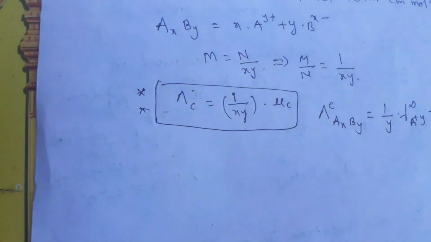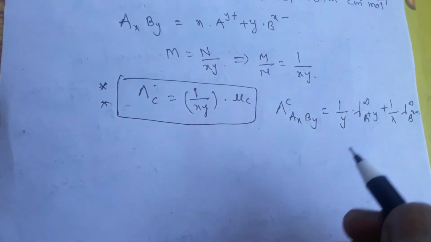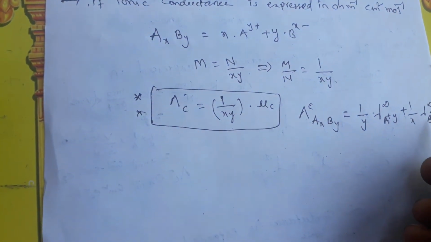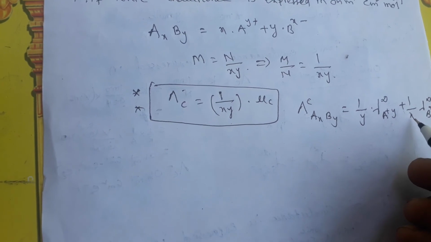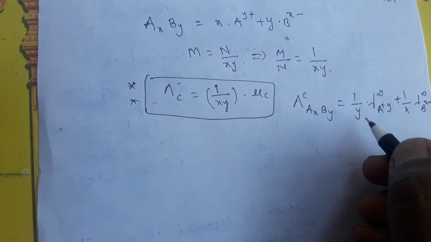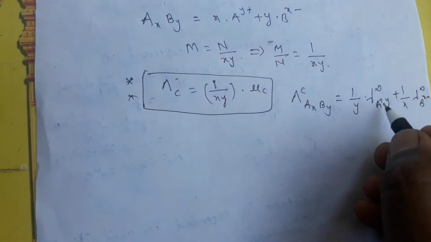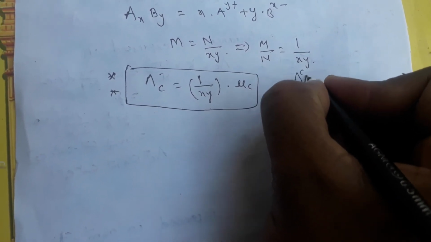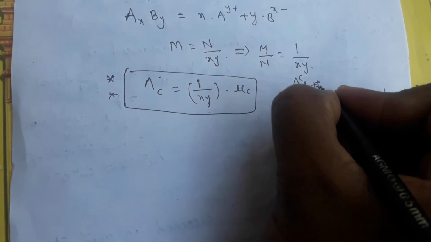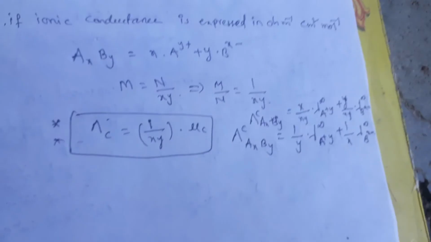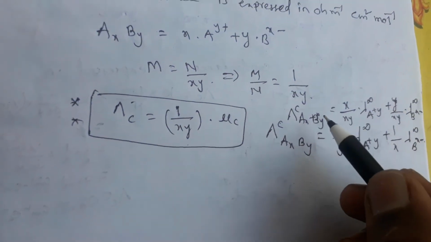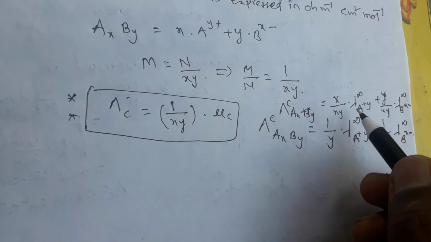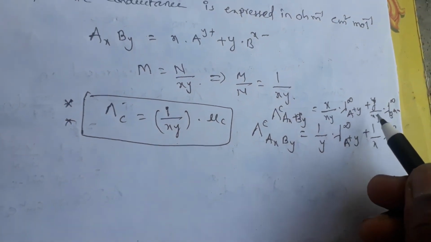So here the 1 by y is multiplied with the ionic conductance of the cation, and the 1 by x with the anion. How does the 1 by y come? Here, the lambda of AxBy is equal to x by xy into lambda infinity of A plus y by xy